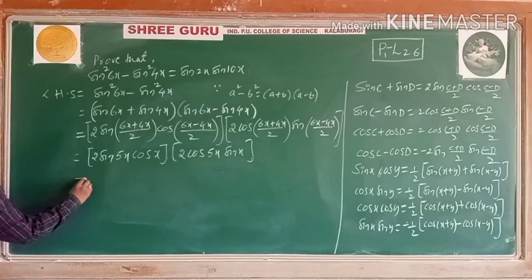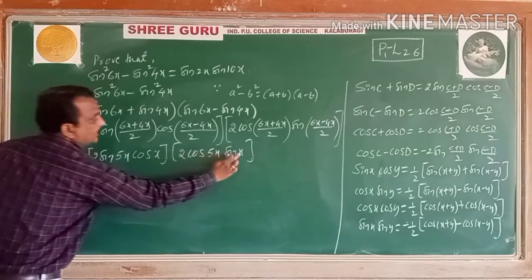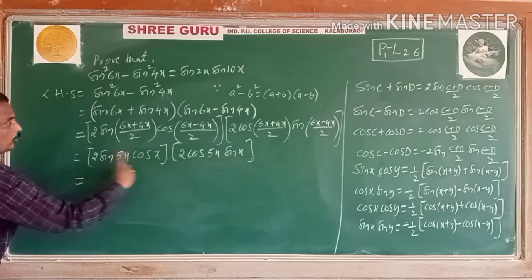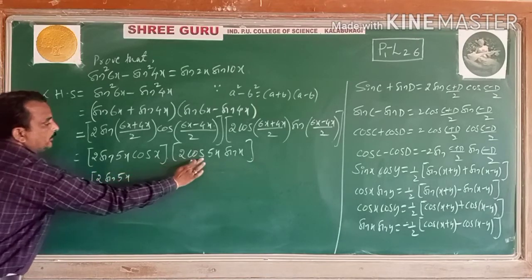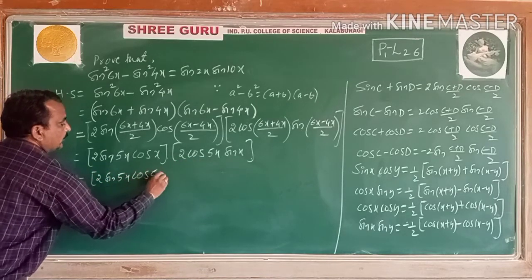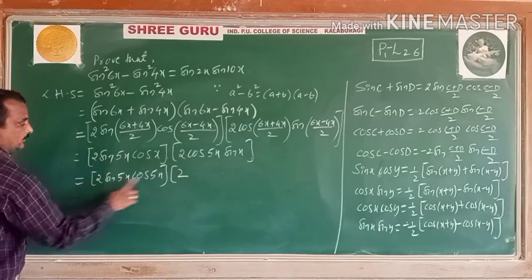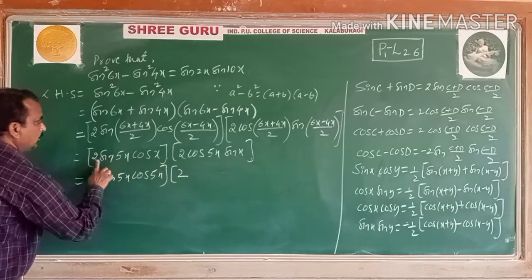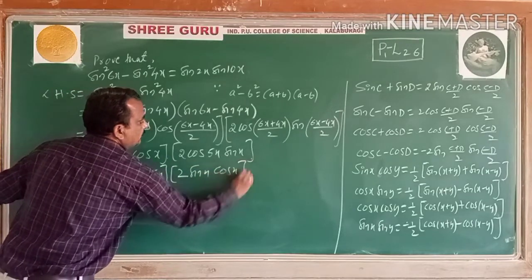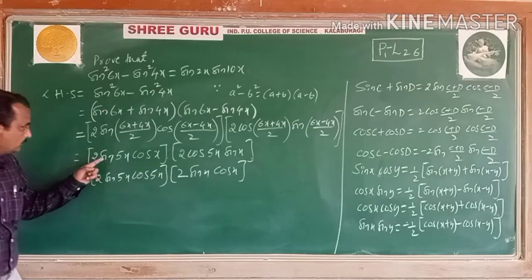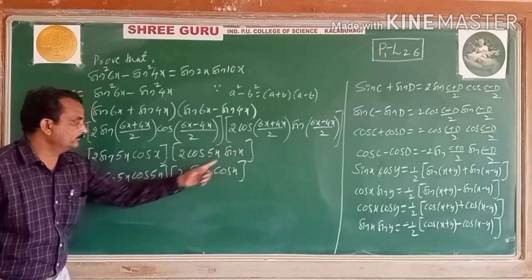Let us arrange the same angles on one side, 5x on one side and x on one side. Shall I arrange the products here? So these are the products: 2 into sin 5x into cos 5x. Is it possible to take? Then one more 2, two 2's are there here. Here I am arranging the same angle on one side: 2 into sin x into cos x. See the students here, is it clear? I think all of you? Yes, arranging same angle on one side, 5x on one side, x on one side.